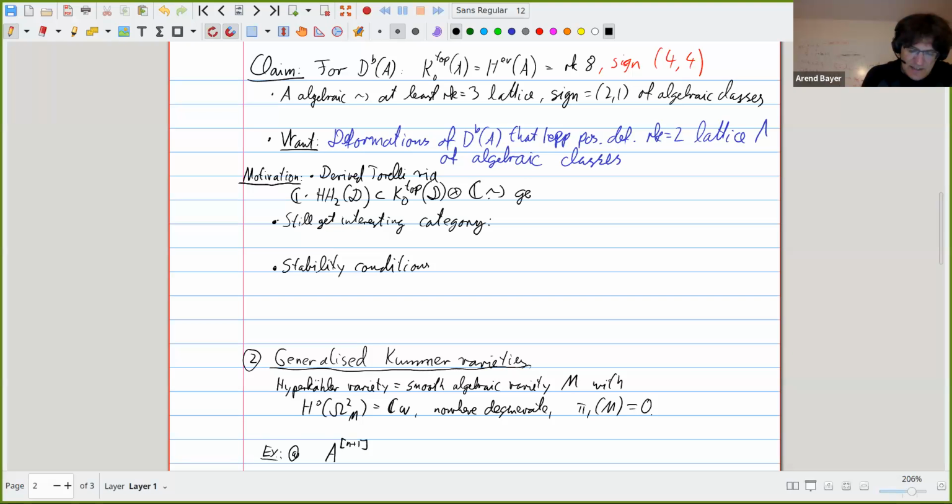So we get here this C·HH_2 inside lambda perp tensor C,